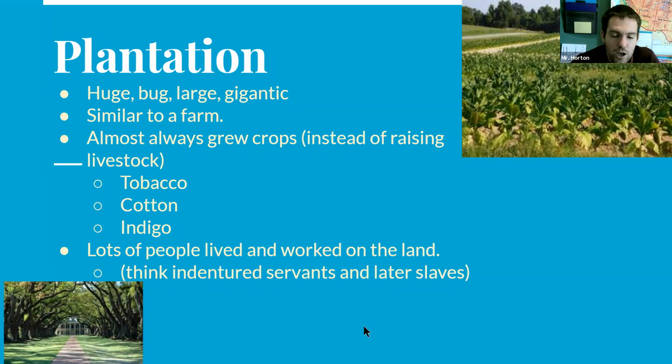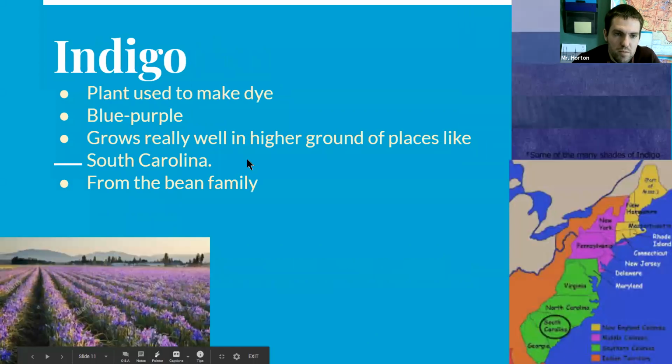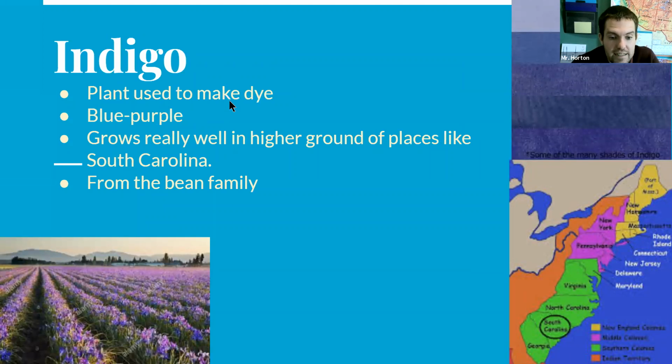So let's talk about what indigo is then. Indigo is our next term that we'll look at. Indigo was a plant used to make dye. It was used to dye different materials a different color. They used indigo to dye a lot of materials purple and bluish. And so if you're looking at